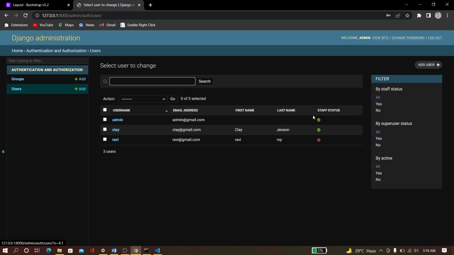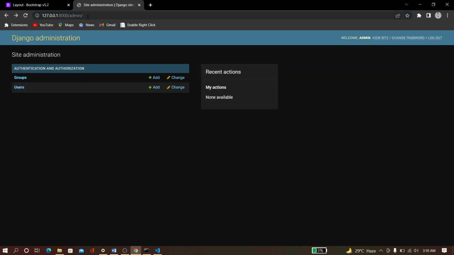So now just go to the user and you can see here these three are the users. Admin is a super user and staff status is okay. Clay is a normal staff user. The staff status is okay, but Ravi is not a staff user. So I will explain everything about the staff user, not staff user, and I will explain about register, log in